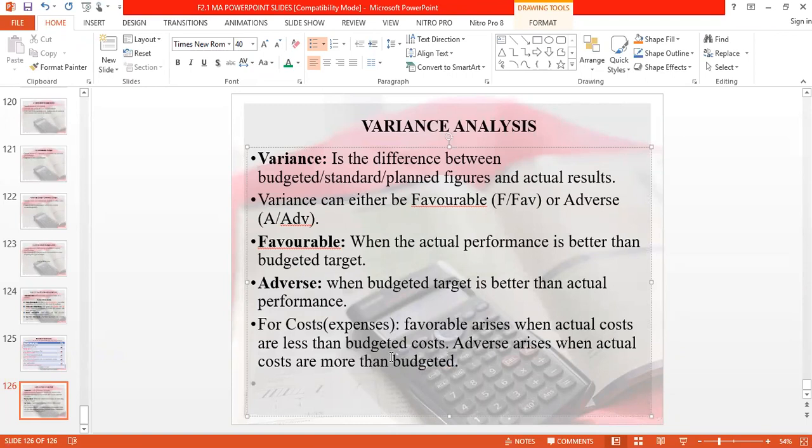For costs, that is expenses, favorable arises when actual costs are less than budgeted costs. Adverse arises when actual costs are more than what? Budgeted. When actual costs are more than budgeted. That is adverse. For incomes,